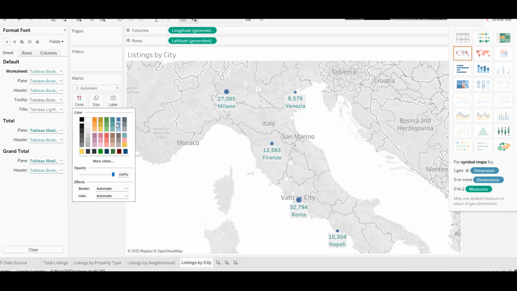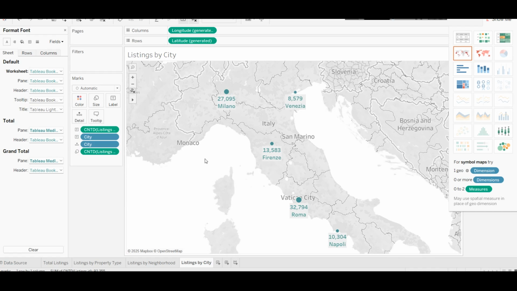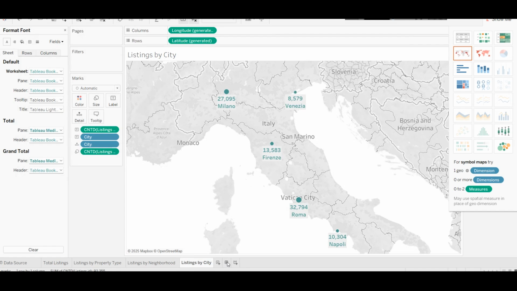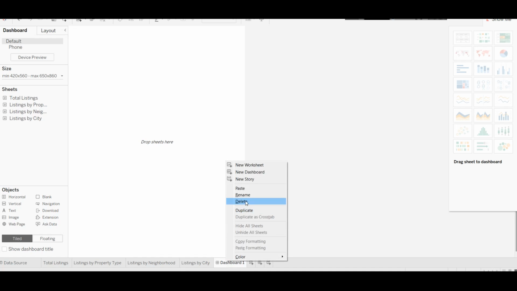For color of bars, we can select this. If we are going with this theme, now we have the data of listing by city, and this completes question 1, listing overview. Now we will create a new dashboard and call it listing overview. Here in the dashboard,